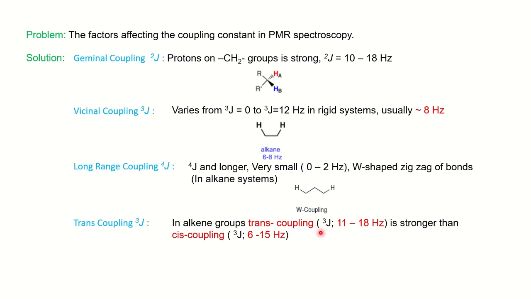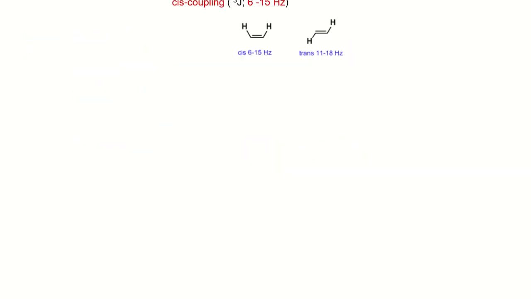So this is applicable for the alkenes. We have seen the vicinal coupling for alkanes also. So this is the alkene, where the two protons are on the same side, considered cis, and you have 1, 2, 3 bond separation. So the cis coupling is 6 to 15, while if you have a trans orientation, then the value of coupling constant will be between 11 to 18. So you can easily distinguish the correct orientation of the protons in proton NMR for your molecule.